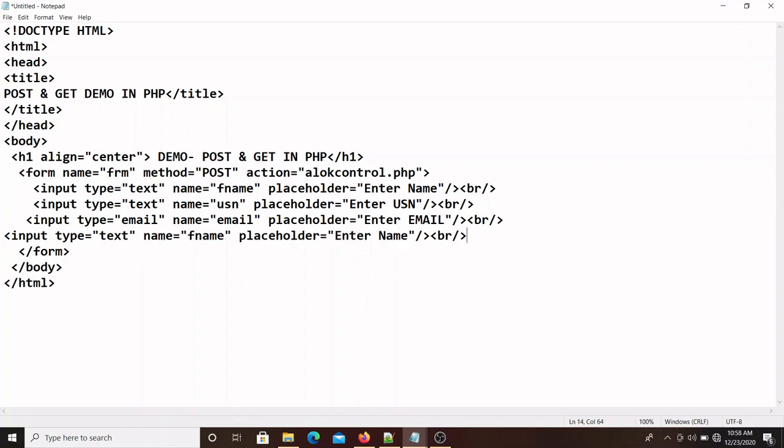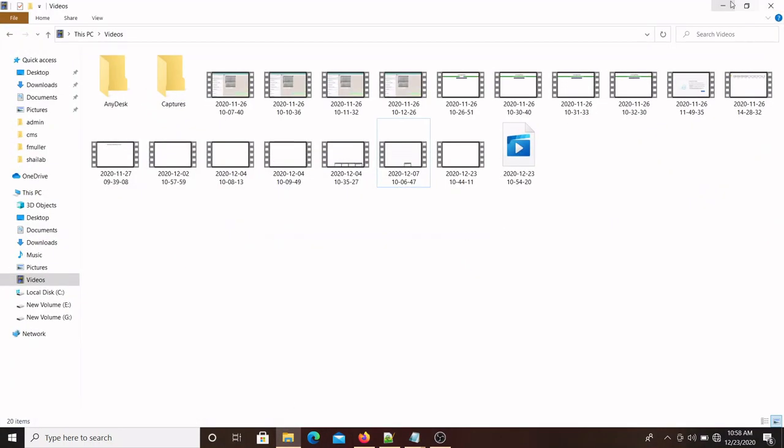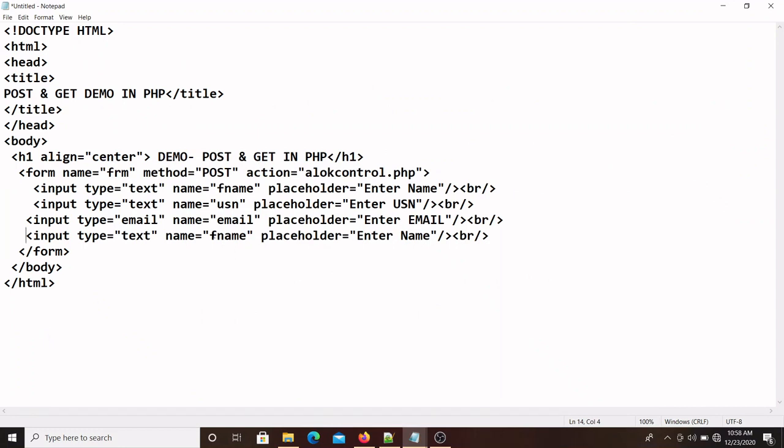Okay, if you need one more input box, that we can consider here: input type equal to number for phone number and name equal to phone. These are the four fields. Enter phone number,